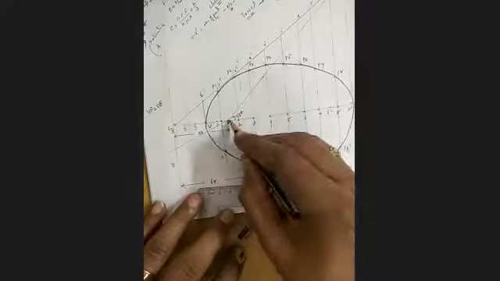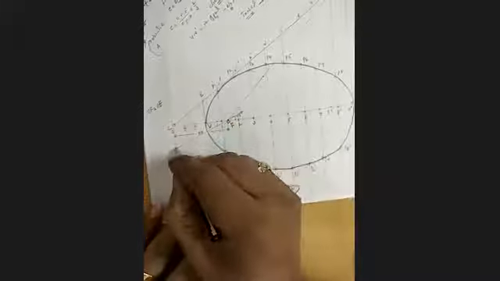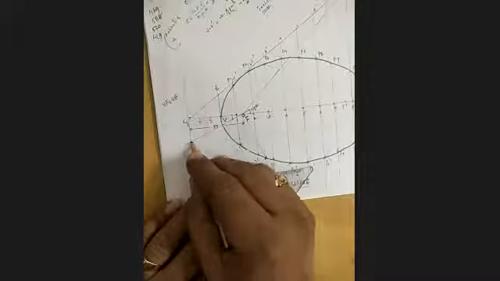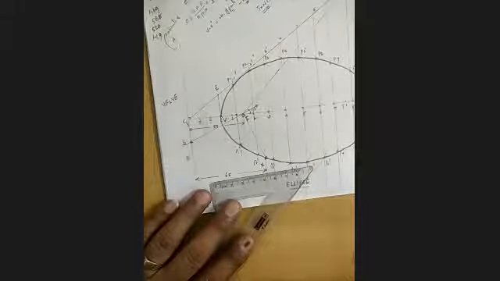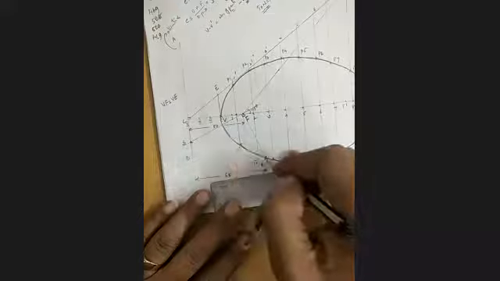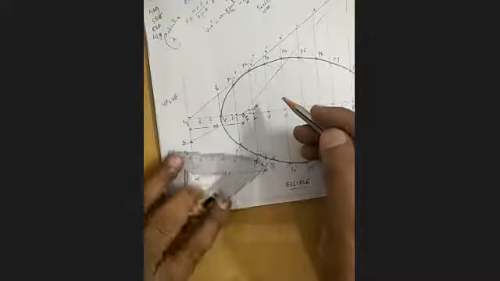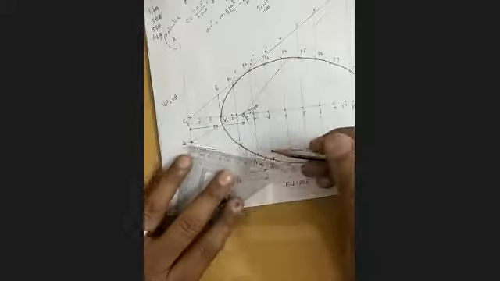XF line, draw a perpendicular line passing through the focus, and that has to cut the directrix. Where it cuts the directrix, name it as S. Some names I am giving. From the focus, I drew a line perpendicular to XF, passing through the focus. When I draw it, it has to cut the directrix. Join that point with X.